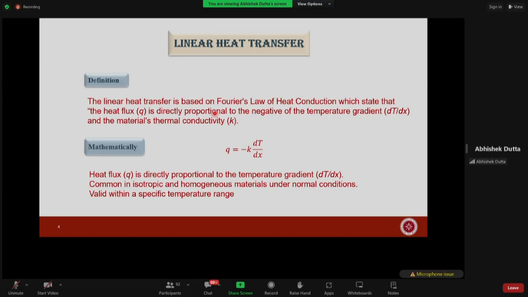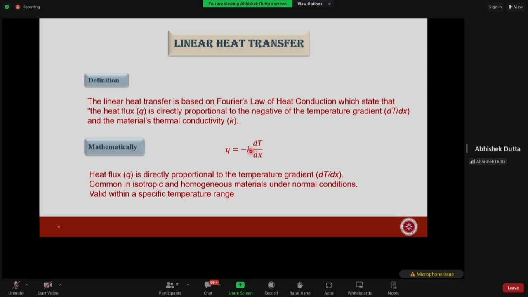So in terms of mathematical expression, this is Q equals minus K dT over dx, since I said it's negative. You can ask yourself why it is negative. It's a very important question as well. Why is the heat transfer negatively proportional to the temperature gradient? This is something you should be clear about from your side as well, because these are very fundamental basics. So mathematically, heat flux is proportional, negatively of course,